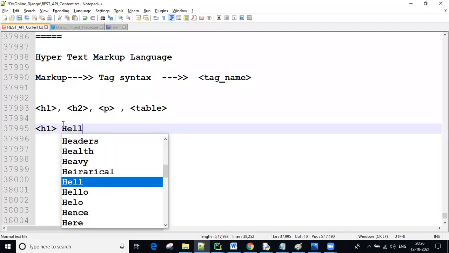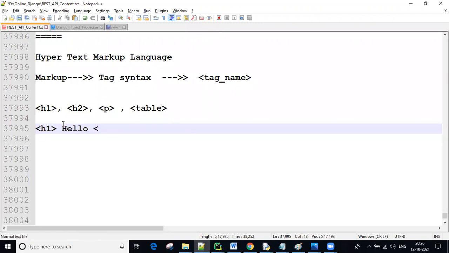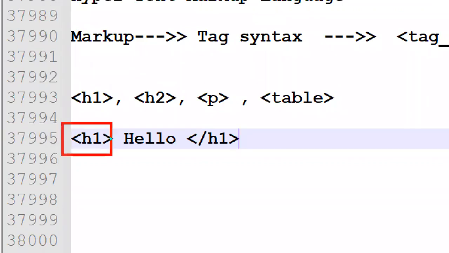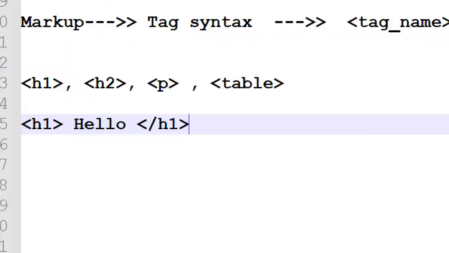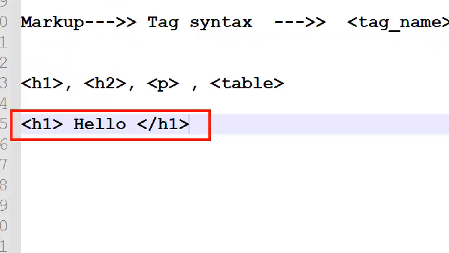Now I want to display one message like hello, just a small content, and then close it. So the H1 tag, this is called the open tag, and this is called the end tag. Open tag, close tag, or else start tag, end tag. End tags require a backslash. Remember that point, guys.